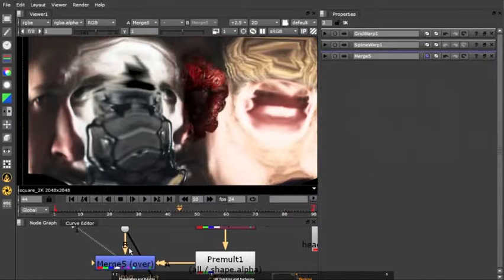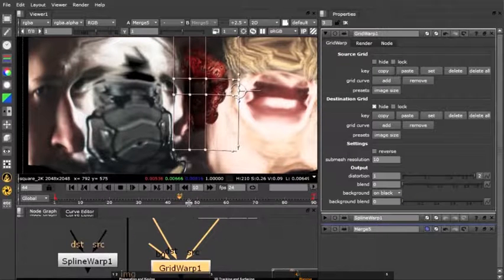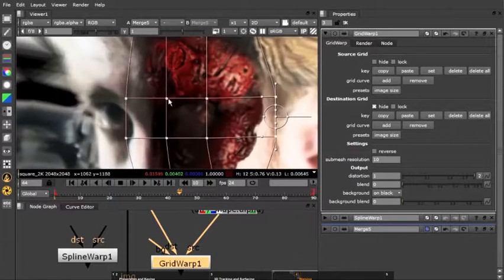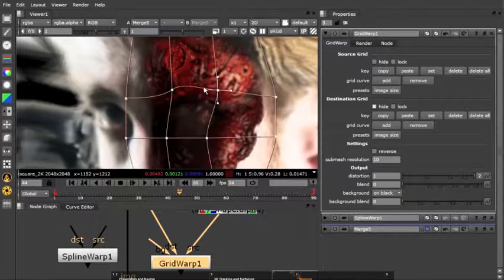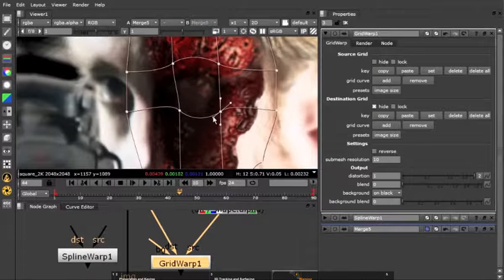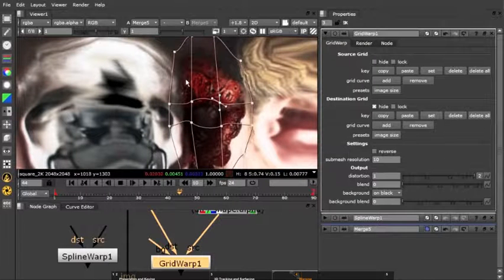I'm now also going to connect the viewer to the merge so that I can see where my mask is, and I'm going to connect the grid warp again. Now I can take single points and adjust that to the form I need. There we go. And maybe around the eyes we want to follow a more natural contour. There we go. Now we've got nice points around the eye which we could adjust,